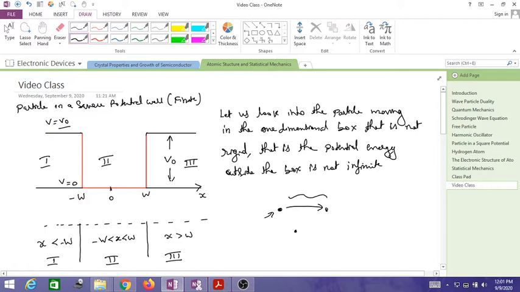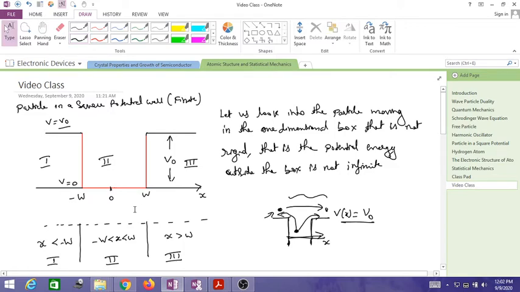It means we have considered that the particle here is moving in a one-dimensional space, that is with respect to an x-axis, and we have put this particle inside a box, like a potential well, and here we say from this point to this point the potential energy of this particle V is equal to 0, and outside the box the potential energy is not infinite but it is some constant, that is V of x is equal to some constant V.